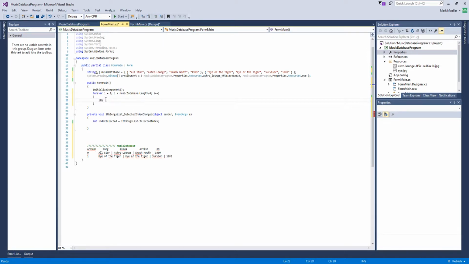So for our songs list, we're going to add items from our music database array. Basically, this method, I believe, still learning, adds an item to our list box. So we are going to add an item for each song title. That's why we have this for loop. So it's going to display the